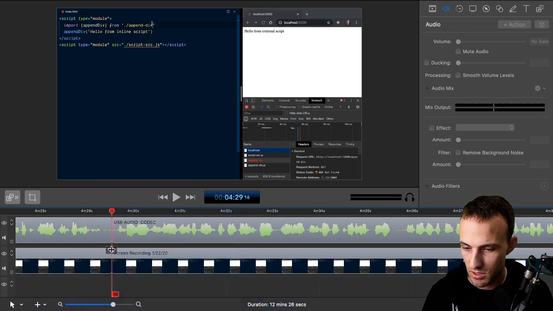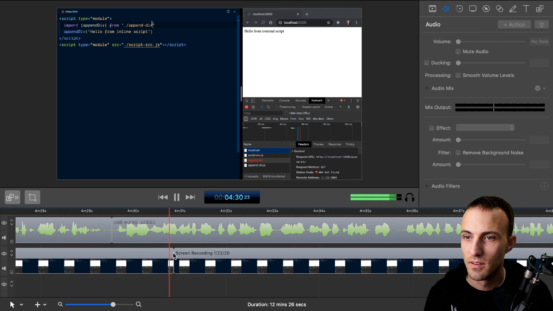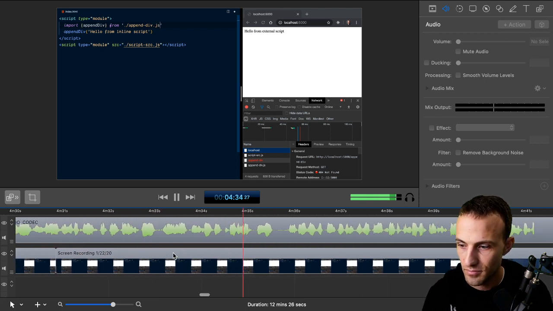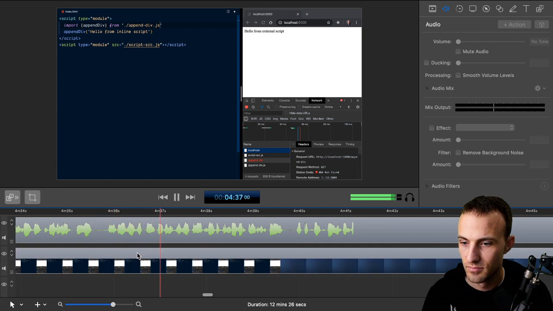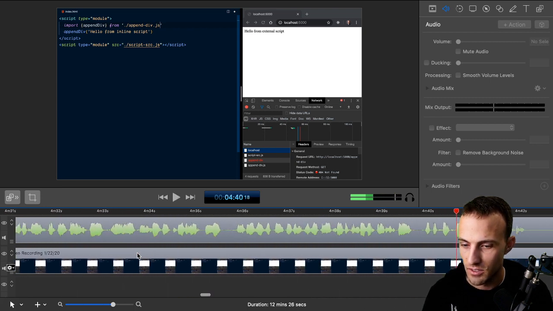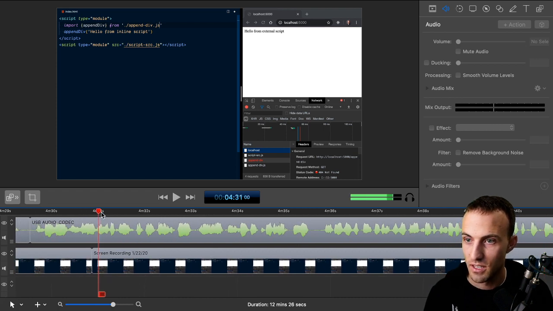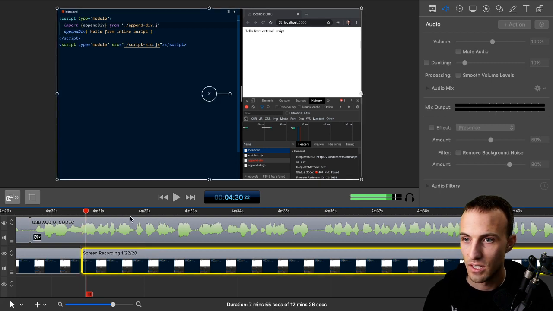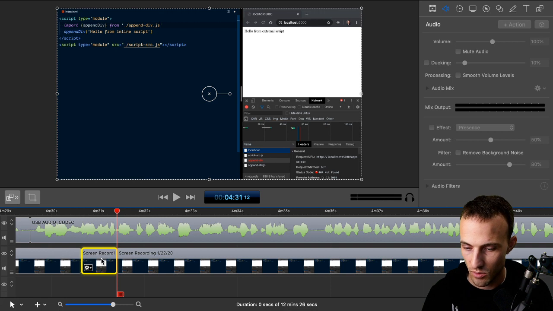Yeah, I like what the cursor's doing here. Okay, so I just gotta fix this. So right here, move this over here. Right here I type .js, and I want to actually do that